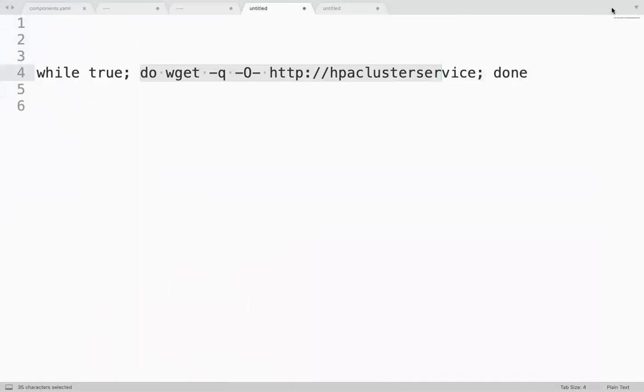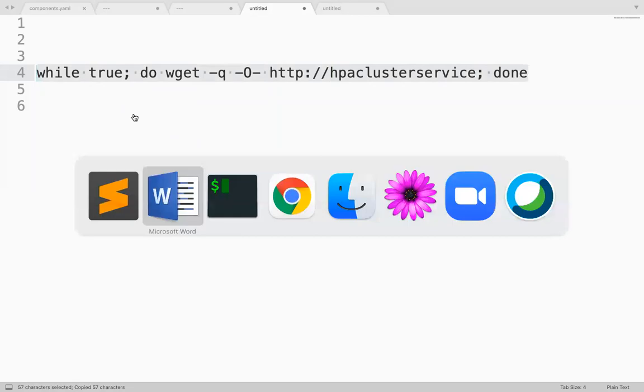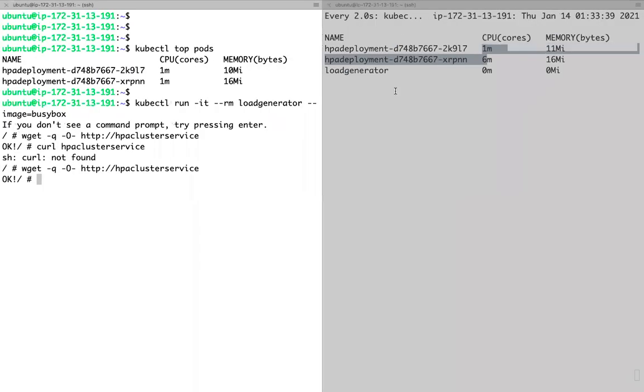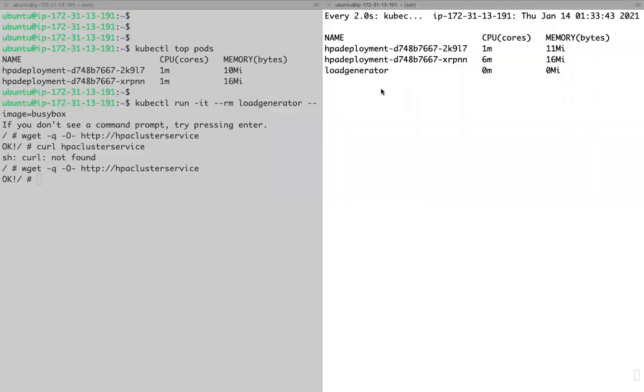It will be like an infinite loop. So infinitely I'm accessing, unless until I terminate this process. So if I infinitely access, will it put the load? It is like a lot of people are accessing your application.